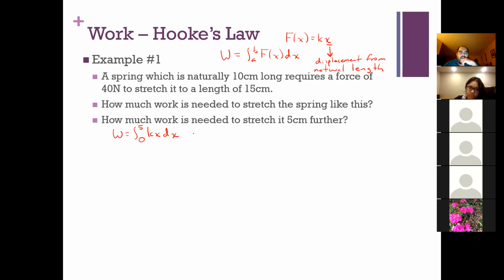All right, so Ria said we could integrate this now, which we absolutely can. What is the integral of kx? Half kx squared. Yeah, so one half kx squared, evaluated from 5 to 0. That's going to give us 25 over 2. Okay. So now we've made some headway. We know that the work is equal to